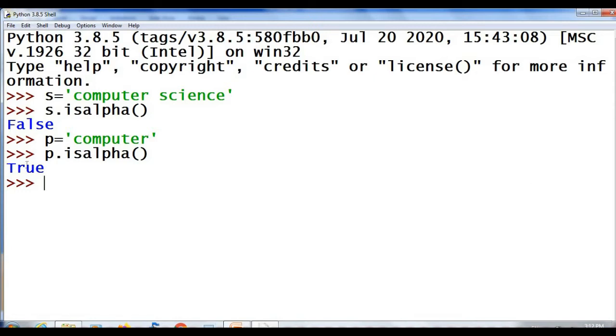See how I use this function. s.isalpha(), p.isalpha(). s is a string object. So that string object dot the method. Here also p dot the method isalpha.